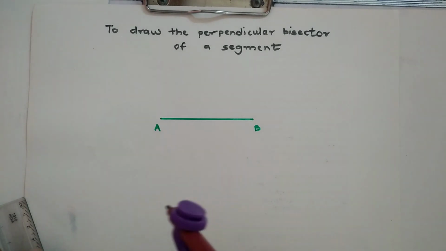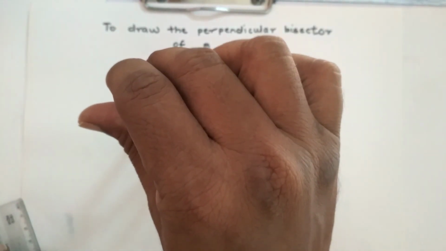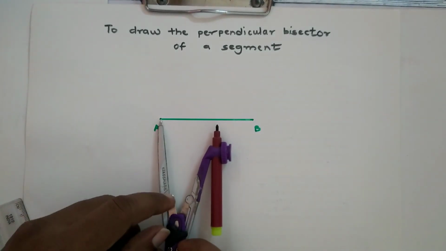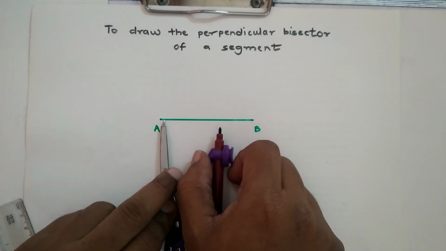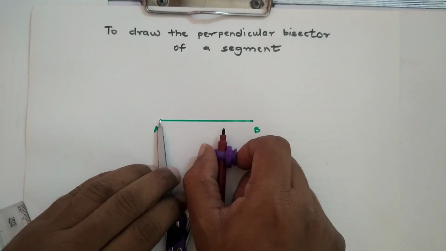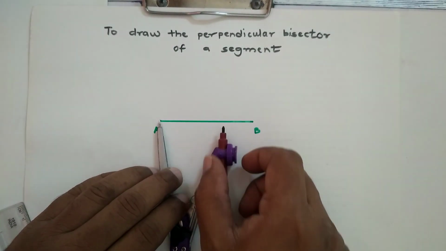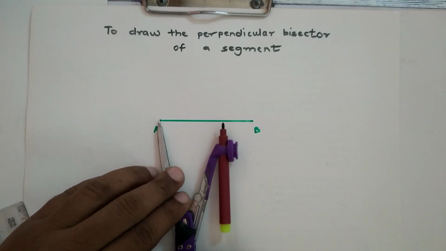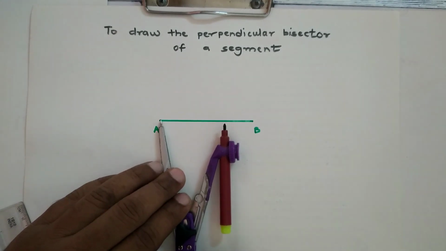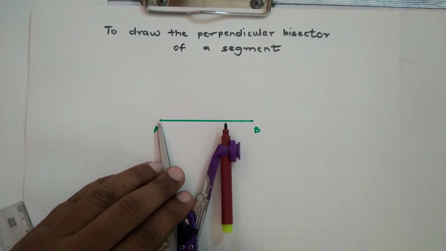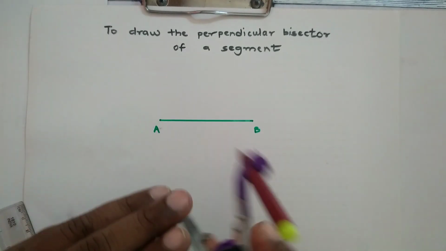For that we will place the pointer of the compass at point A. We will take the distance of more than half, means here the distance should be more than half, it should not be less than half of the segment, so that the two arcs that we are going to draw will intersect each other. If we take the distance less than half, then it will not intersect each other, and therefore we should take the distance of more than half in the compass and we will draw two arcs, one from